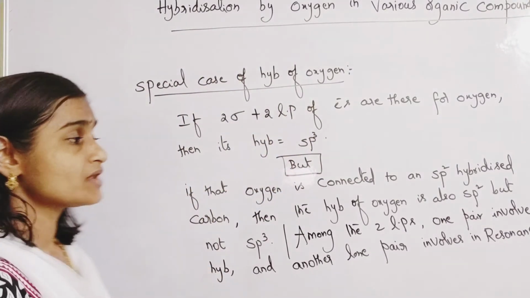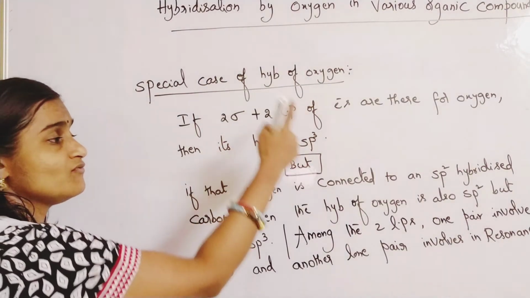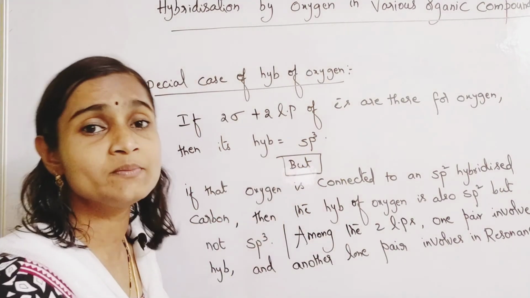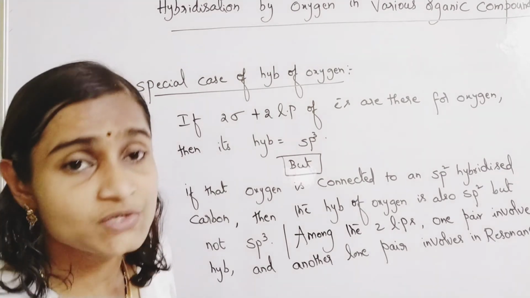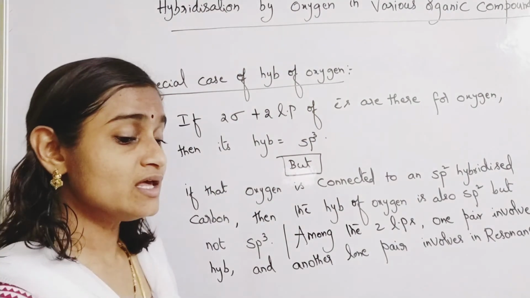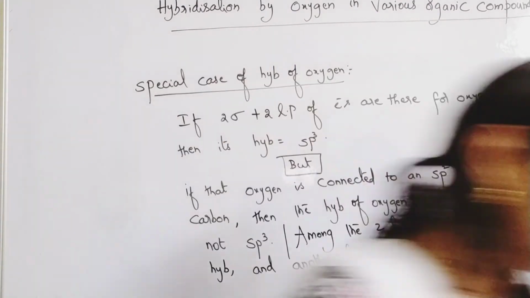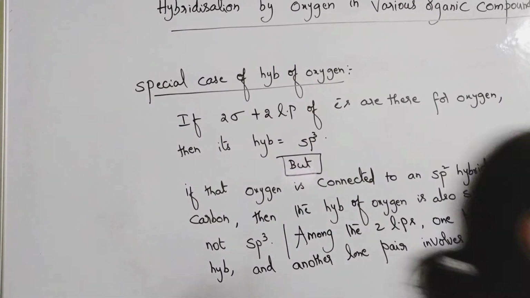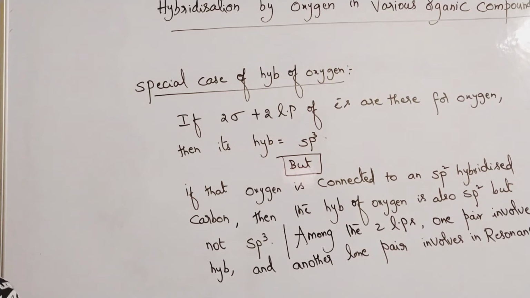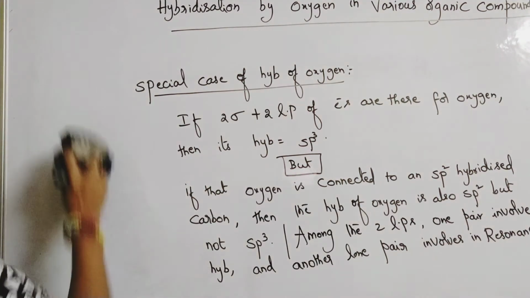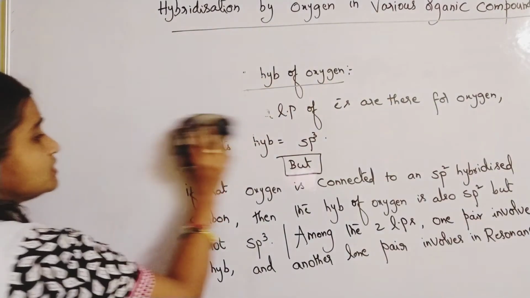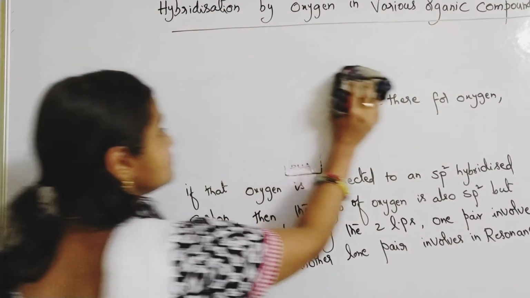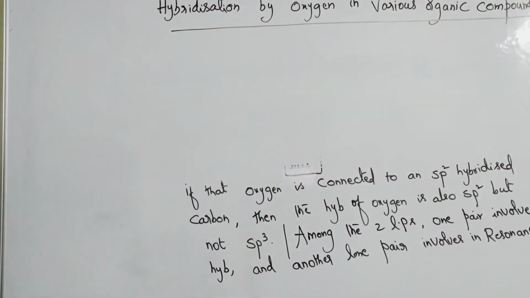That's why out of 2 lone pairs which are there, one is involving in sp2 hybridization and another is involving in resonance. Resonance will give you more stability. So we'll see one example for that, a textbook example. Please note down this point, I'm going to rub the board, so take down this example. One example we'll see, then you will understand the point carefully.